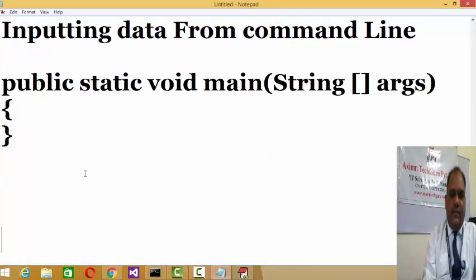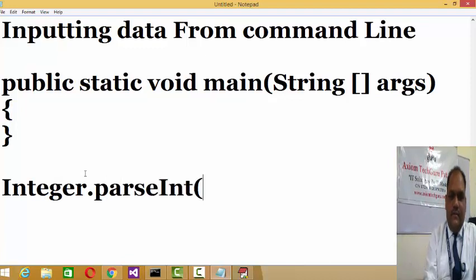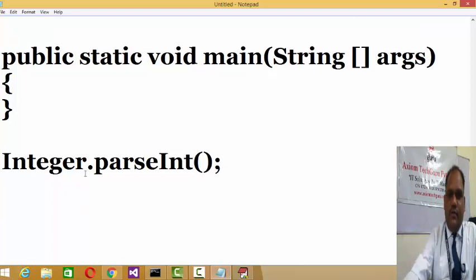Now, as I already explained how to parse the data, let's say Integer dot parseInt, it will parse the data to an integer. So obviously if you have string type data like 1 2 3, you can parse it to an integer.